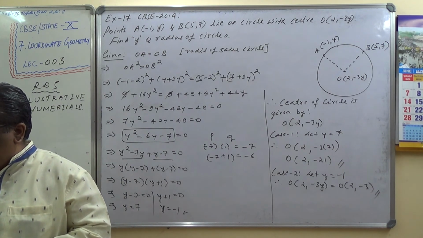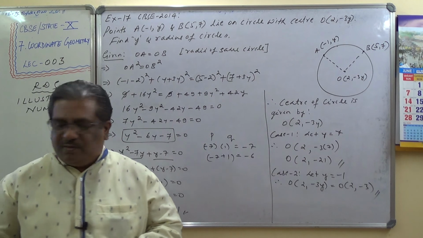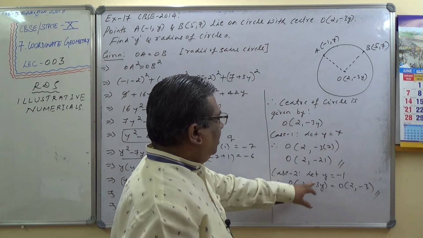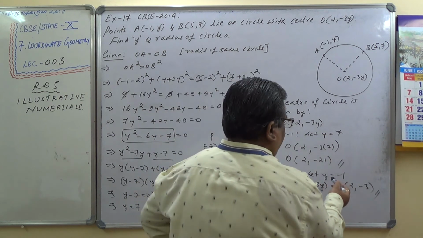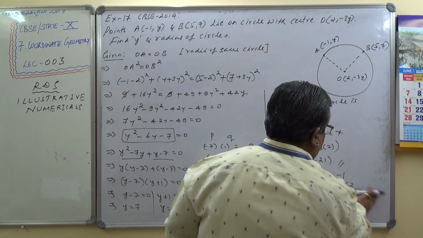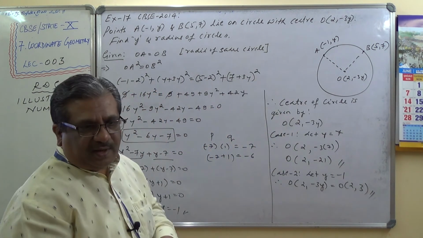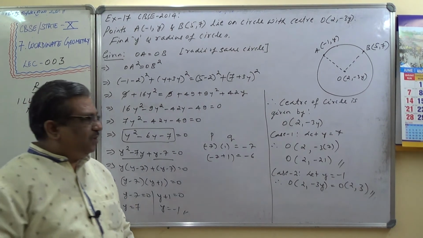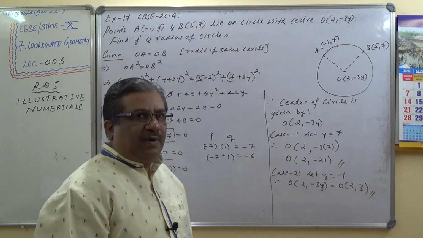Okay, 2 comma minus 21. I have got two values of O, 2 comma minus 21, and also if y is equal to minus 1, then it is 2, just a minute, 2 minus of minus 3, 2 plus 3, or 2 comma 3. These are the two answers which I have got. Let me check, just a moment. So this is correct. We have 2 comma 3 and 2 comma minus 21. What else is to be found out?